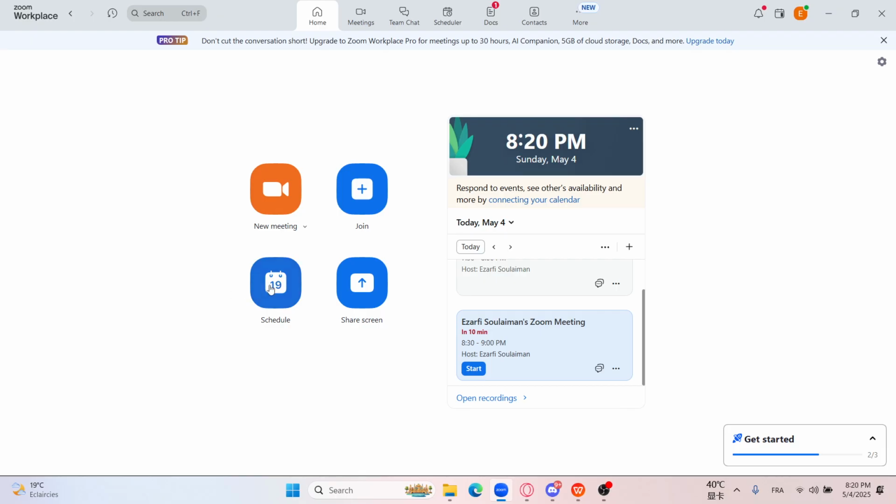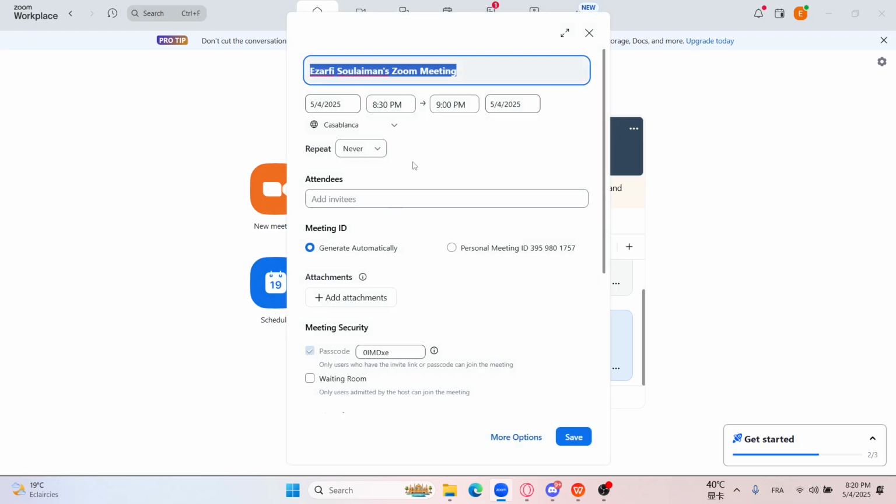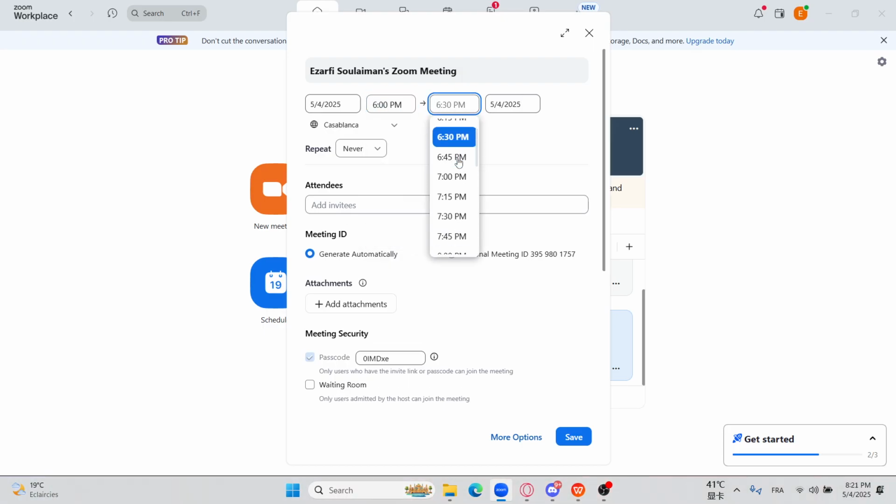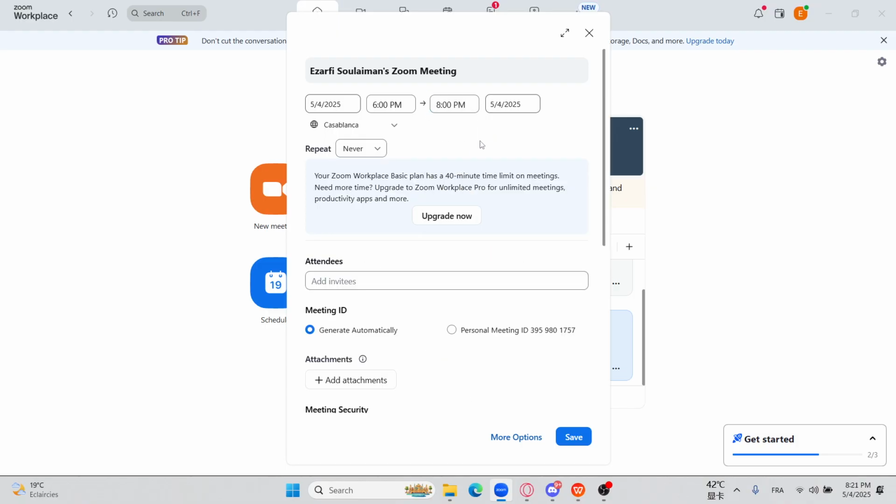Just to explain the problem, I'm here. I fill in all the blanks and I want to set the time from, for example, 6 o'clock to 8 o'clock. So that message appeared to me: "Your Zoom Workplace Basic plan has a 40-minute time limit." So what we need to do is upgrade to Zoom Workplace Pro for unlimited meetings. So once we click on Upgrade Now,